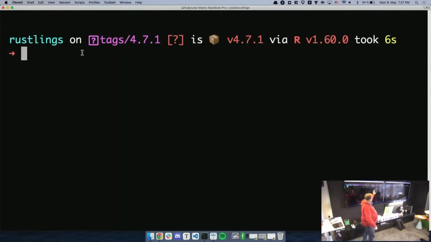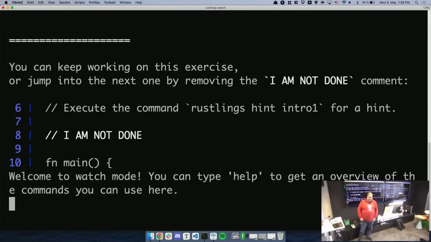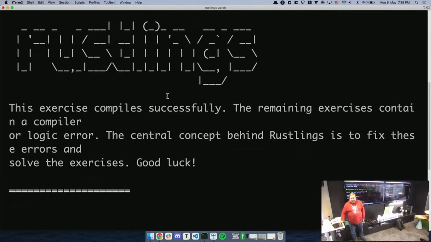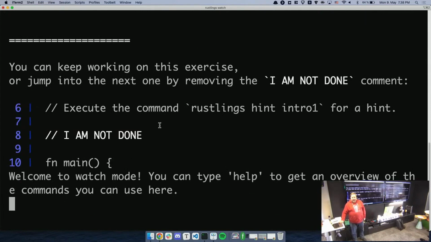I've installed Rustlings, the newest version. If I run rustlings watch, it's gonna try to compile the first exercise. The first one compiles successfully and outputs something. Then it says, when you're done with this exercise, delete the comment, I am not done.